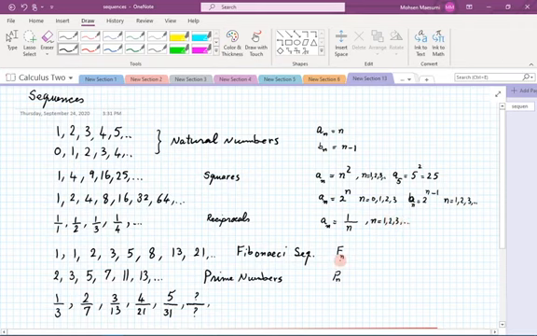Fibonacci sequence. Fibonacci sequences, well, we are going to come across this thing later on. The formula for the nth term is not easy, but the description of a sequence as each term being the sum of the previous two, that is easy to describe. Such sequences are referred to as recursive. Recursive means you have a formula that tells you what is each number in terms of the previous numbers. So for Fibonacci sequences, when we want to say it's the sum of the previous two, well, the one prior to n is n minus 1. The one prior to that one is n minus 2. So that is